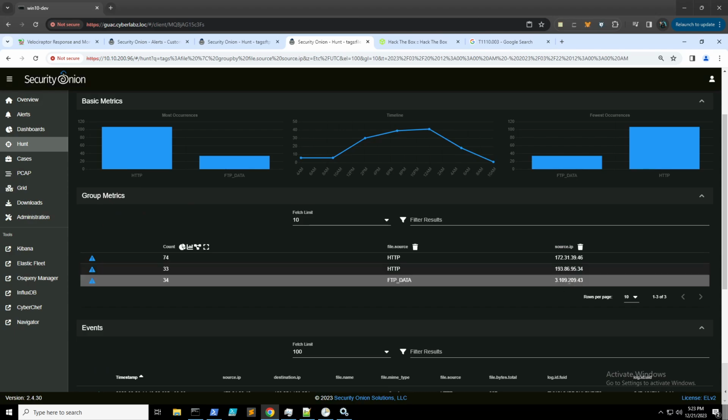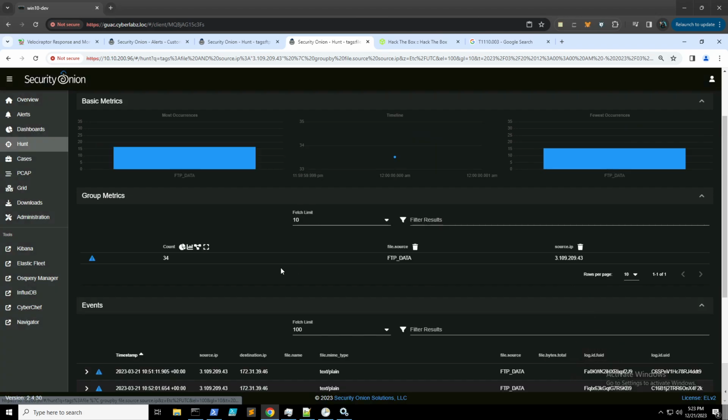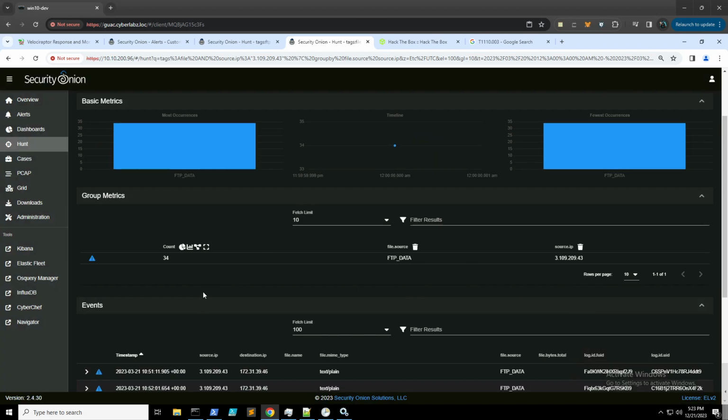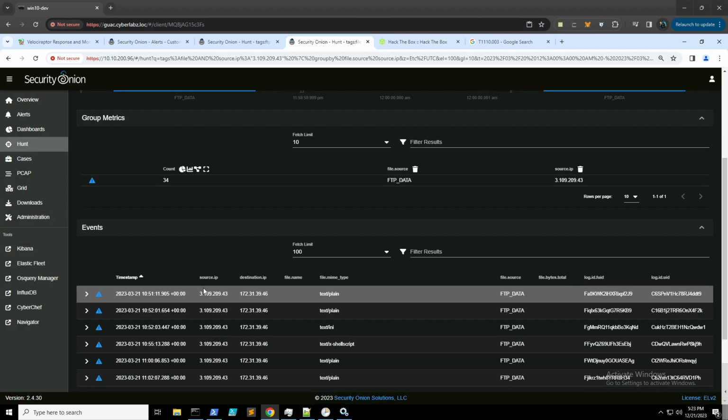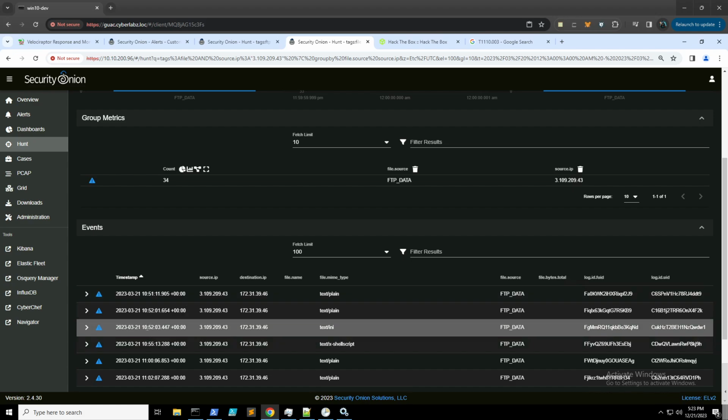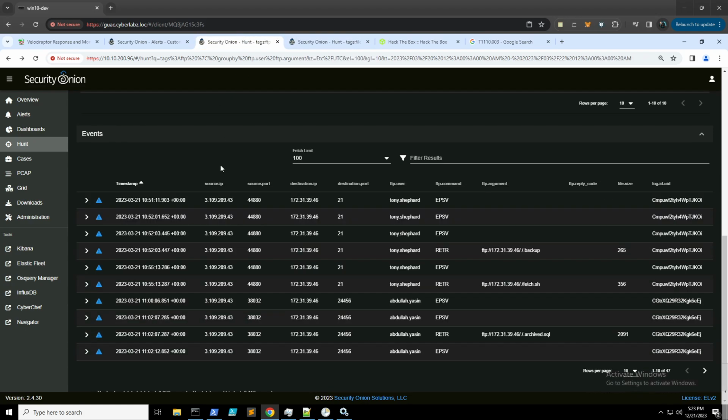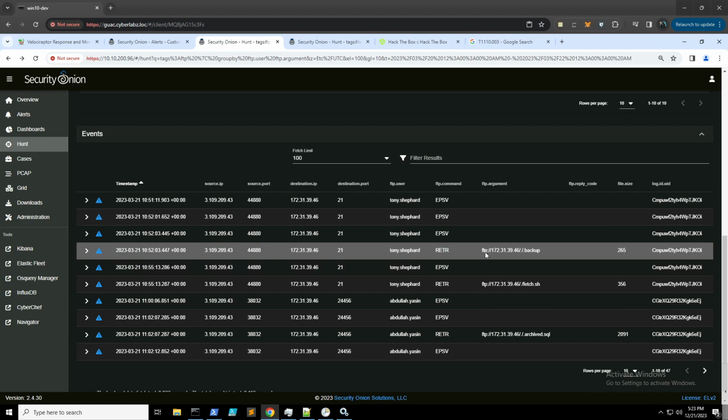And here's our particular source IP that we're interested in. So we'll just go ahead and include that one. So we see file source FTP data. And if we remember correctly, 10:52:03 was when Tony Shepard retrieved this backup file here. So what we can do